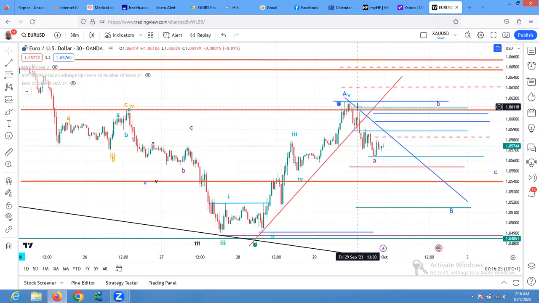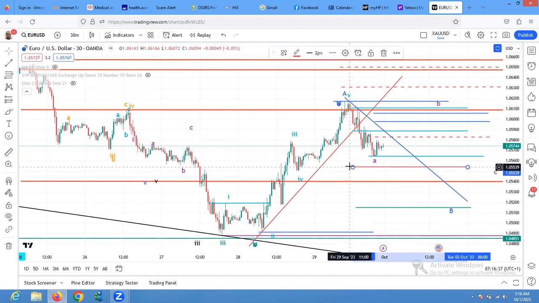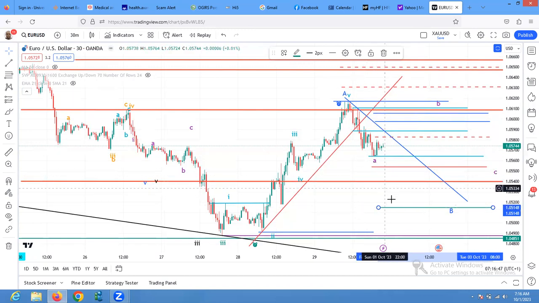If anybody has been selling here, 50 will be an area you want to exit. 50 is around this area. 61, I think it's here. And this is around 78 retracement, where price could also get to give us a B before price